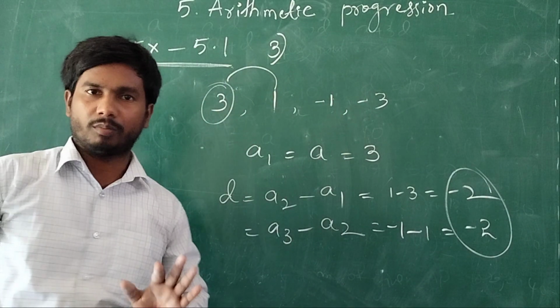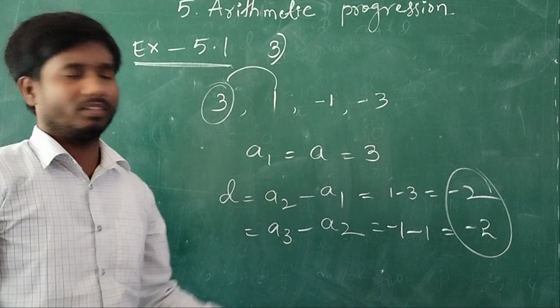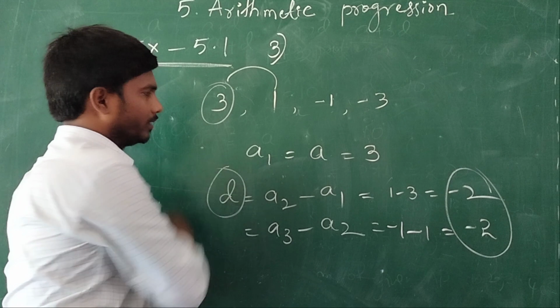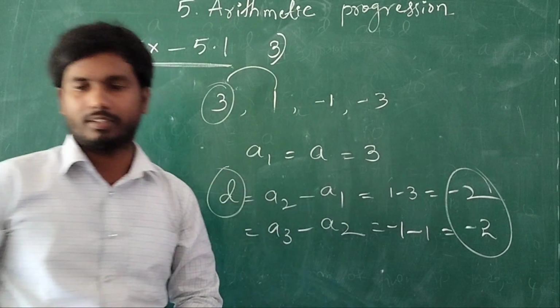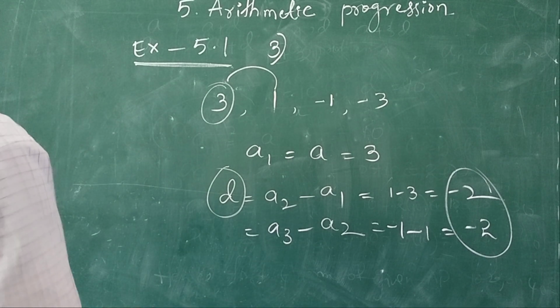Third bit model problems are very important and easy problems. Simple. How are we finding the common difference? Finding the common difference is important in this. And the first term A is equal to 3. By looking, we are able to give the answer. So all the third bit problems are the same.